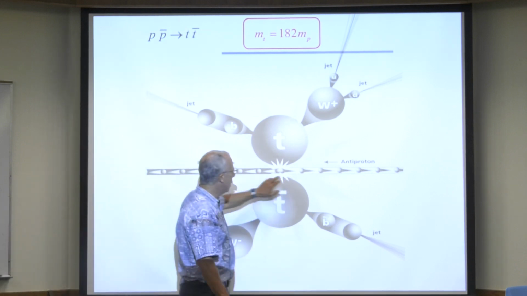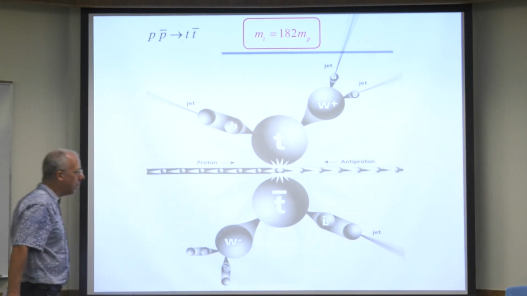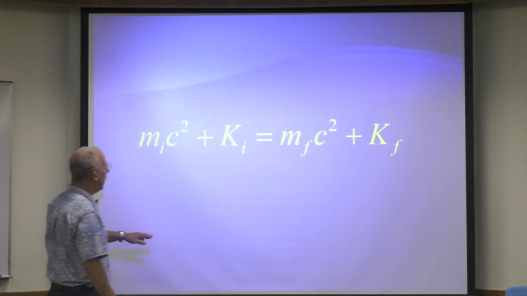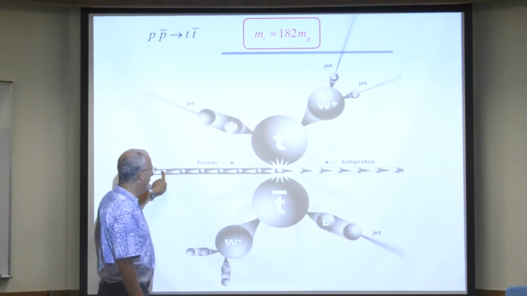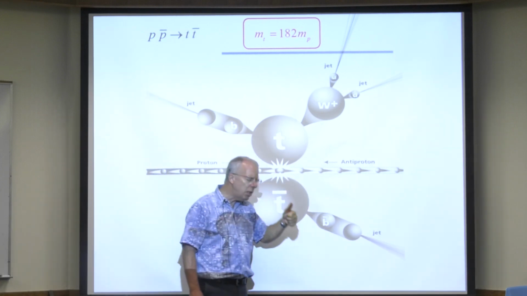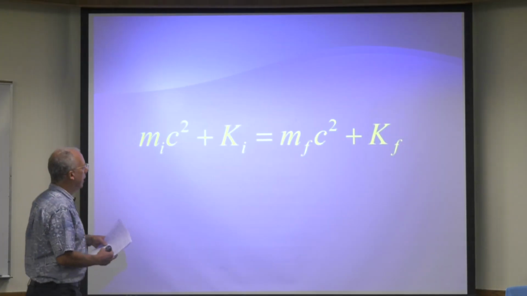I mean, here are these little tiny protons and antiprotons forming these gigantic top and antitop. Where did the mass come from? Right there, right? So why did it take until 1995? Because they had to make the accelerator make these protons and antiprotons go really, really fast. So what happened is that